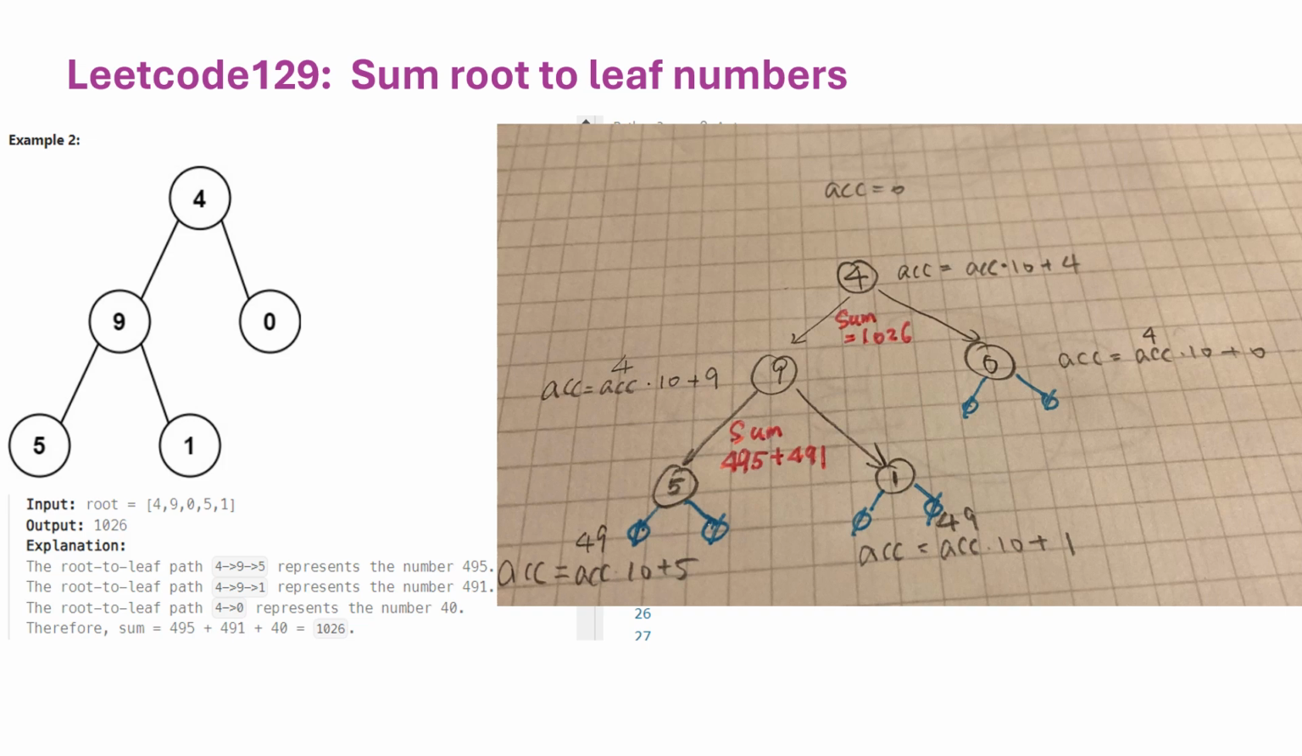Today we're going to talk about LeetCode 129, Sum Root to Leaf Numbers. In this problem, we are given a binary tree. We need to traverse the tree. Each node has a number. We need to concatenate the numbers in this manner, and then sum up all the numbers we got in this